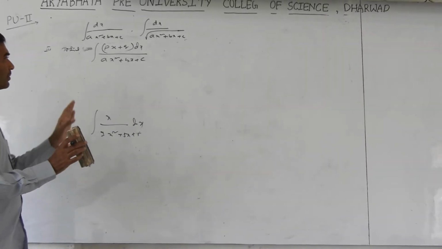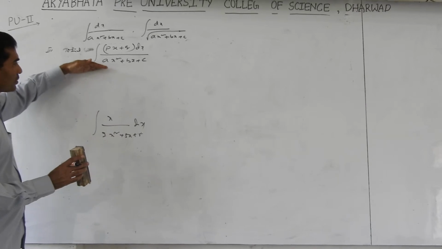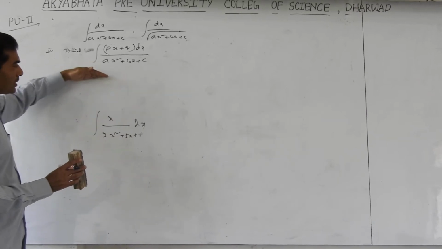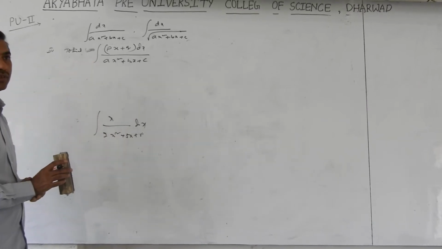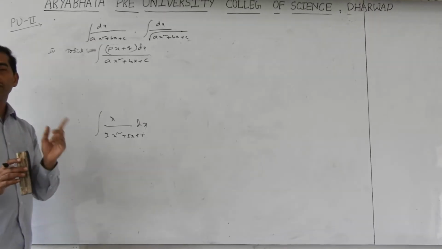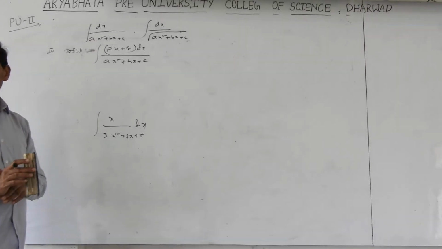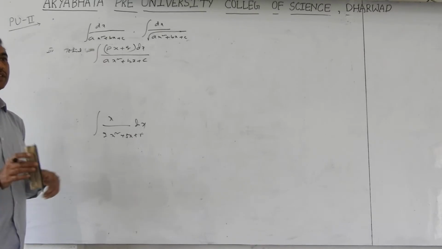Okay? Strictly we should follow the problem. By looking at the problem, what is the method for this? We should follow the algorithm. What is the rule of this? Those steps we should follow. So by looking at the problem, check which method it contains, and you follow that method. Then easily.